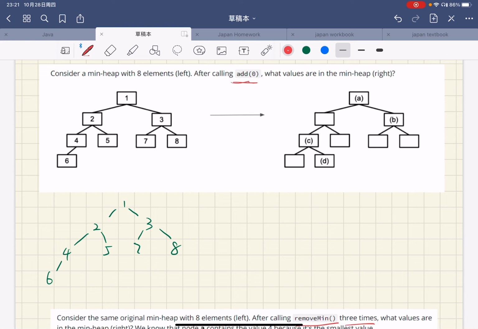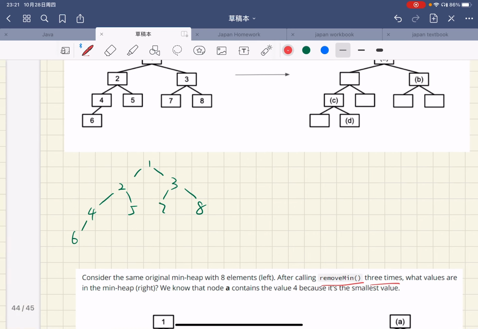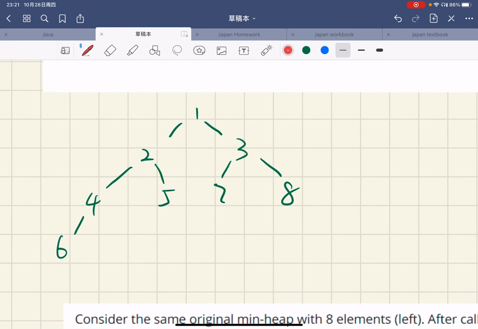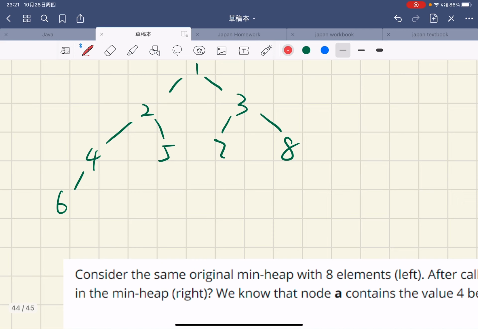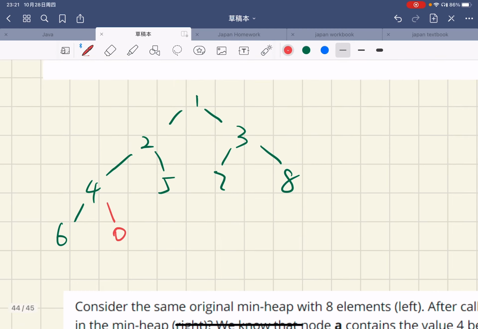So for the first question, it asked me to call add 0 once. When adding one element, we first put it at the last of the tree, and then we try to swim it to the right place. So for this one, 0 is less than 4, so we just swim it up